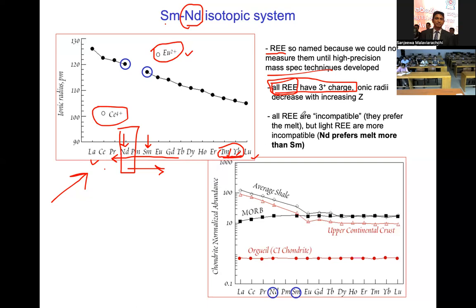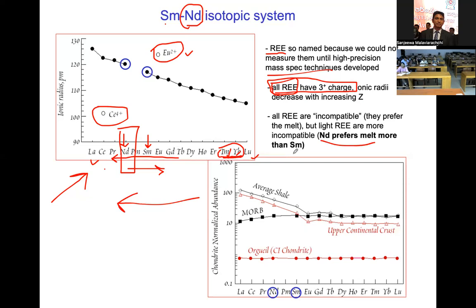So in general, REs are incompatible. All the REs prefer melt, but if you consider their relative incompatibility, that increases from right to left. And here again, you can remember that neodymium prefers melt more than samarium. So that's why we have less neodymium isotopic signature in melt derived products,